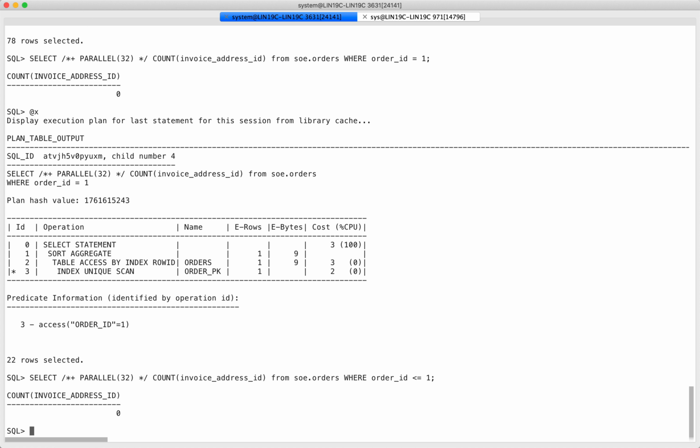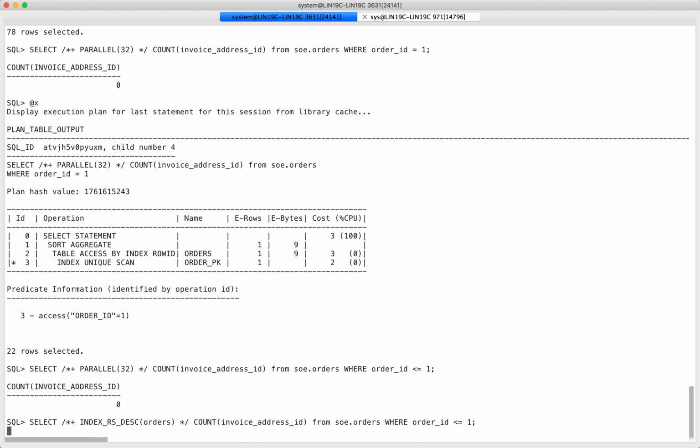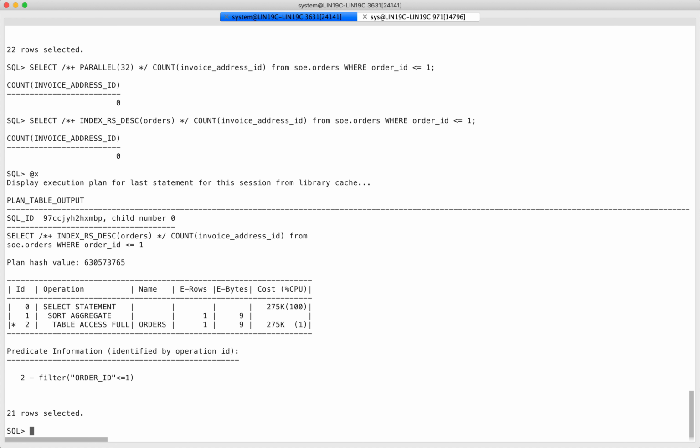You see, even if I try to force this, I can even remove the parallel. So if I do index rs, I don't know, descending, you see it still doesn't do it, it's still slow. And the reason is I just remembered. So it's not really systematic troubleshooting, but